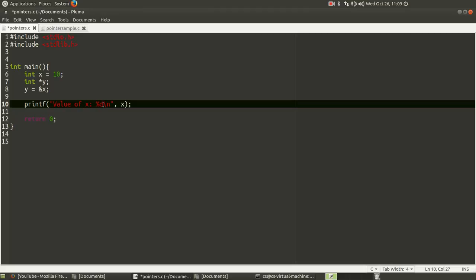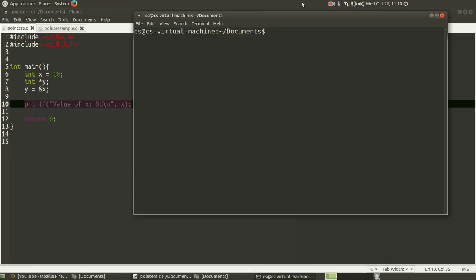colon, and then we have our code, right? We have our %d. That's going to get replaced by our value over here. And then we have a line break, \n. All of that's in double quotes. So x is going to be placed into this string right at the location of %d by the printf function, and that should print out to our console. So I'm going to go ahead and save this,